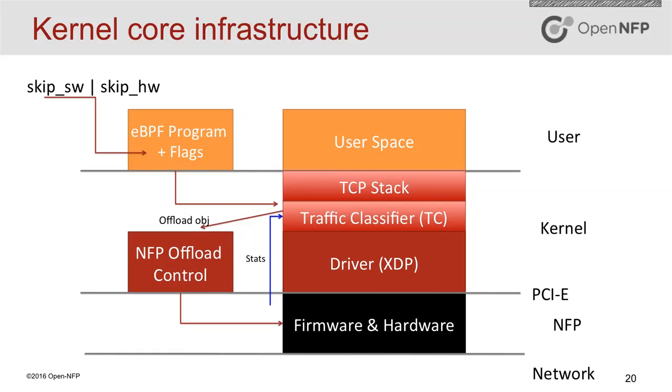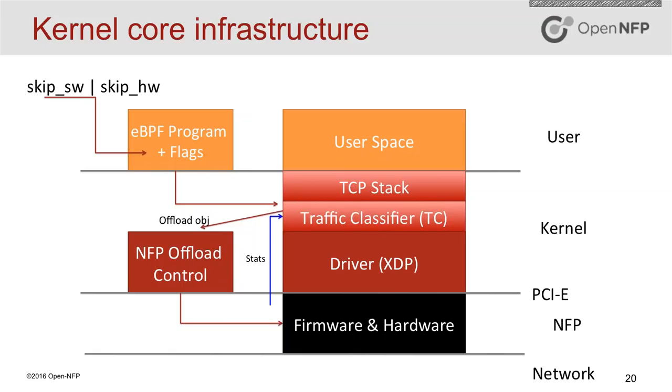So let me start by explaining the diagram a little bit. In this diagram, we see the Linux Kernel Networking processing stack on the right-hand side. And on the left-hand side, the orange box is the eBPF program, which is handed from the user space to the TC, the Traffic Classifier, interpreted or compiled there to the host architecture today, and run for incoming and outgoing packets.